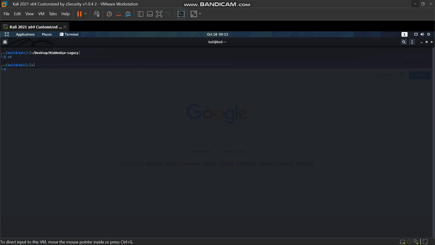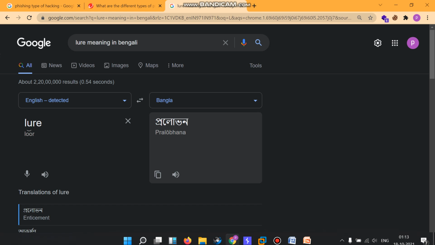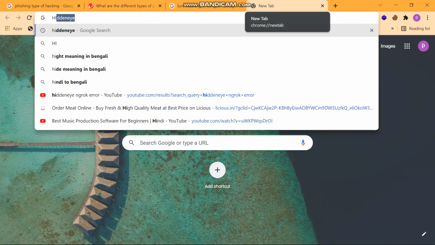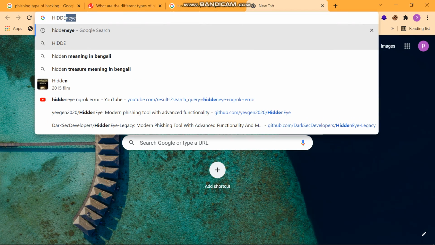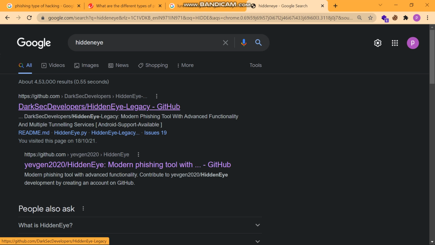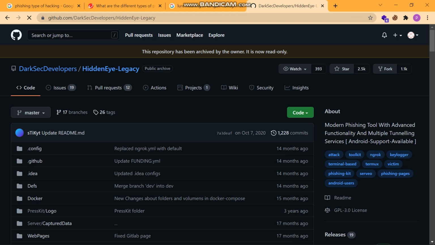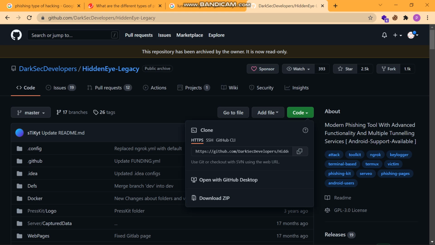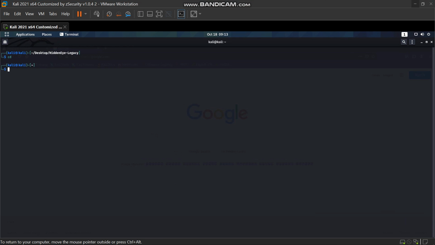For that, you need to open Google Chrome and type Hidden Eye. Visit the first link, Hidden Eye Legacy, then click on code and copy the link, and then clone it into your Kali Linux machine.